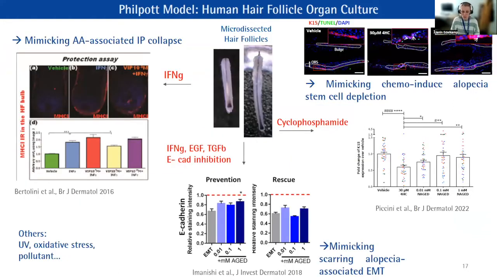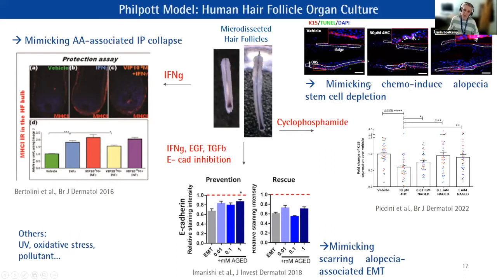Another way to use this model, which is very important, is actually to challenge it. So if you treat the microdissected hair follicles with a certain drug, cytokine, or cocktail, you can experimentally induce certain conditions and phenotypes that can mimic diseases. For example, we can treat the hair follicle with interferon gamma and thereby induce an immune privilege collapse, which is one of the cardinal features of alopecia areata. Or we can treat with cyclophosphamide, a chemotherapeutic agent that can then mimic